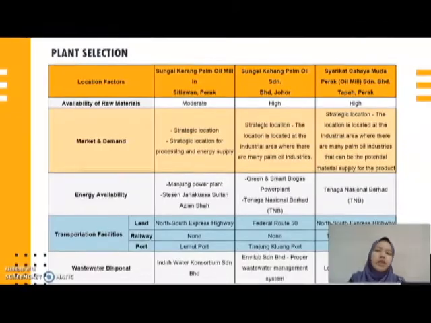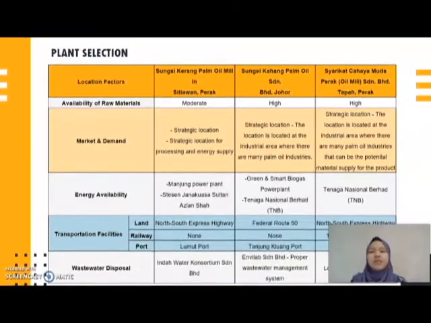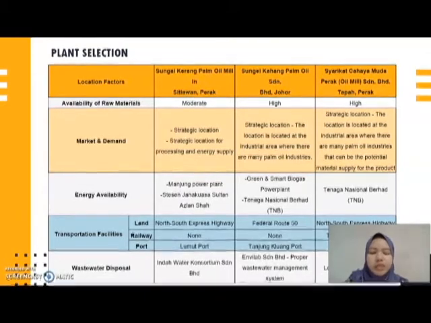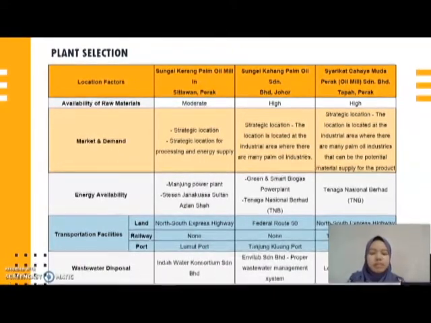Okay, next moving on to the crucial parts of designing a plant, which is the plant location. As we all know, for the plant location, it is very crucial to consider a few factors, and it is very fundamental to consider what we need to prioritize in our plant designing. Plus, the site itself should be in the position to provide a reasonable location for multiple phases of potential plant growth. In continuation, it also must have a favorable environment and a safe living condition for easy operations of the